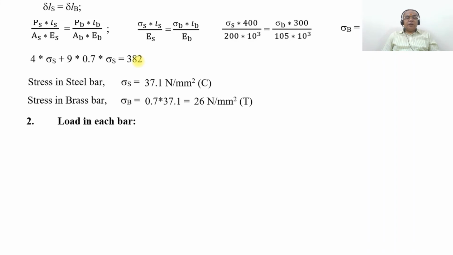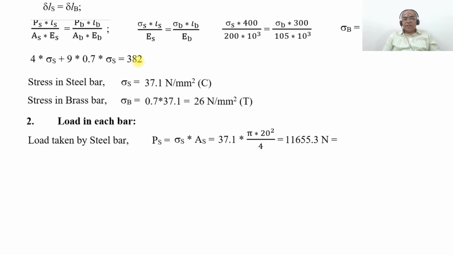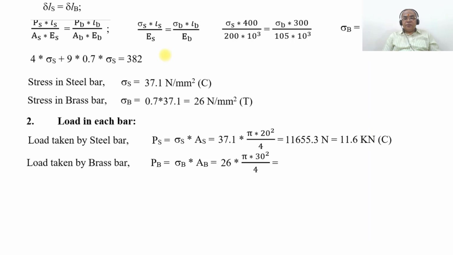Similarly, the load on each bar will be equal to what? Load taken by the steel bar, which is PS, will be equal to sigma S into AS. You know the value of sigma S is 37.1 into pi by 4 into 20 square. On simplification, you are going to get 11,655.3 Newton. So that will be equal to 11.655 or 11.6 kilonewton, which is in compression. Similarly, load taken by the brass bar will be equal to PB, which is equal to sigma B into AB. You know the value of sigma B, which is 26 into pi by 4 into 30 square. So on simplification, you are going to get it as